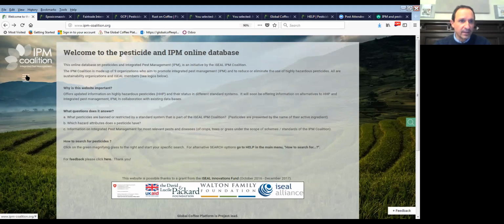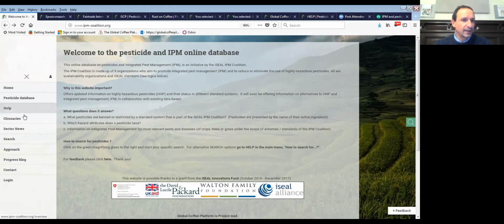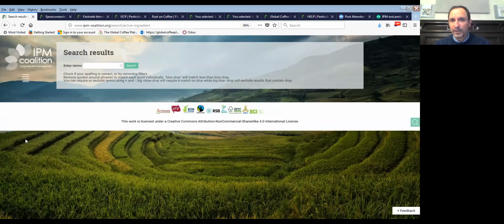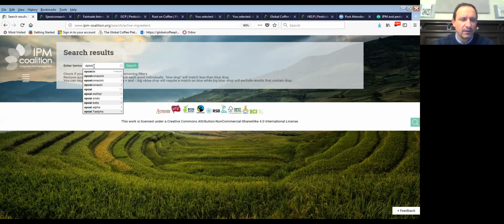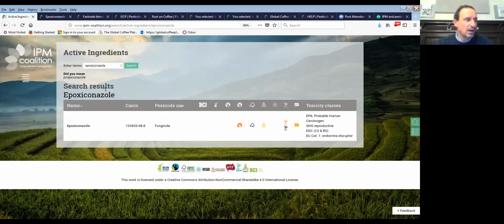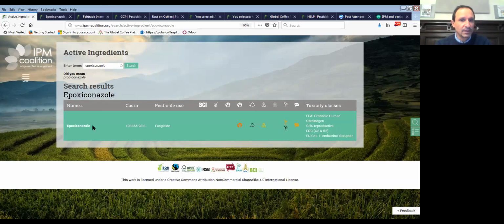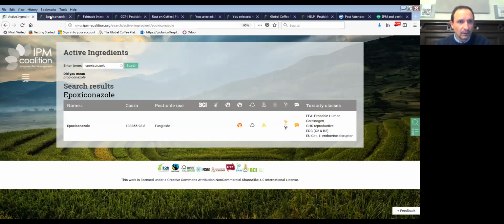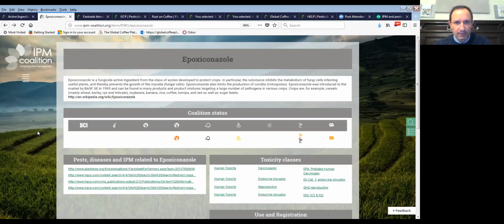And we start here with our menu on the left. I want to have a look at the search function mainly, and you will be able, for example, to look for an individual pesticide. I think of one that is important, for example, in Brazil, in coffee, where we have different conversations with some of our colleagues there: epoxiconazole. And you come to see this result. I have prepared it already here. When I click into that name,